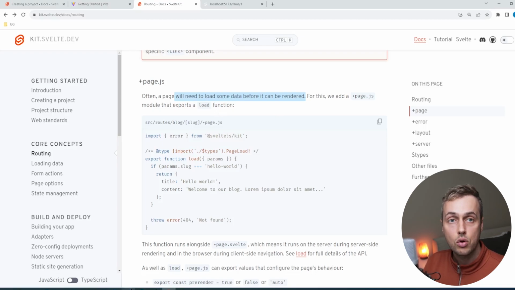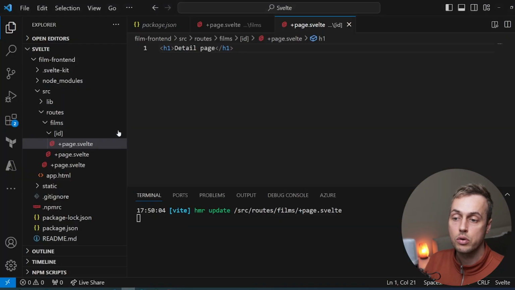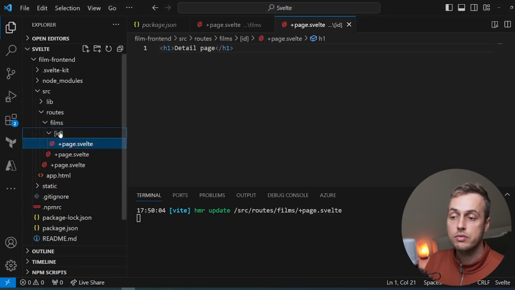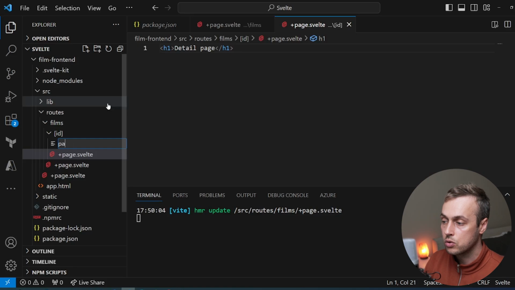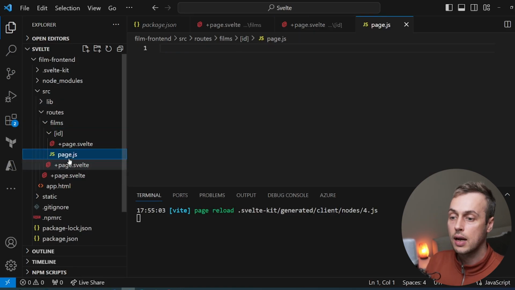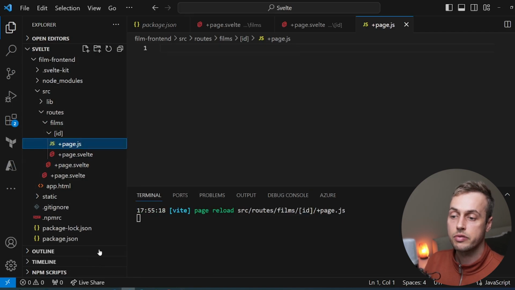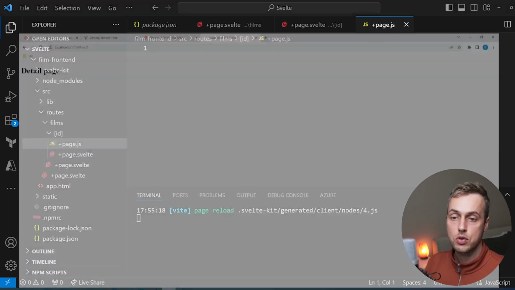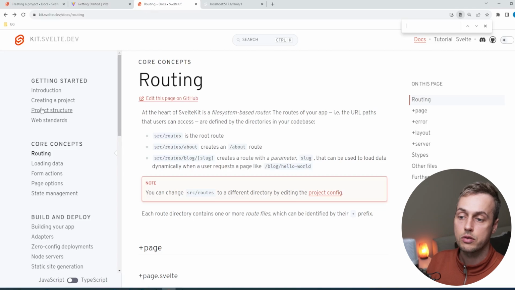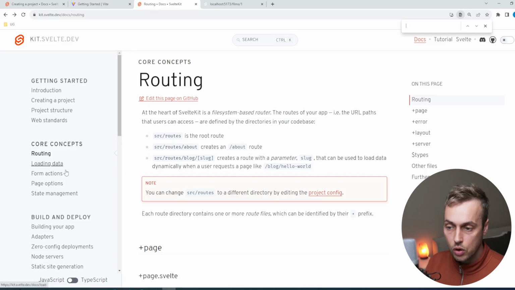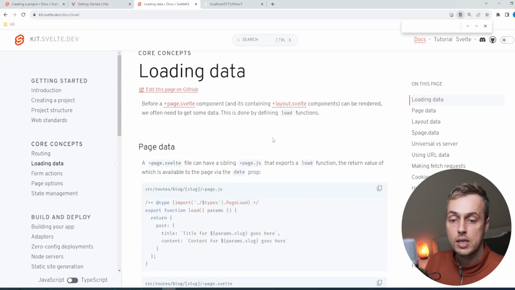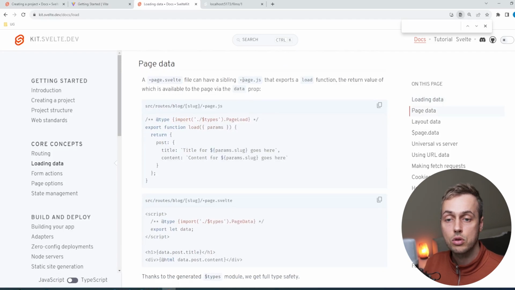And we're going to add that alongside the film detail route here. So within the ID folder, let's create a new file, and it's going to be called page.js. And actually I should have called this +page.js, so let's change the name of the file to that. Now I'm going to go back to Svelte's documentation just to get an understanding of what we need to put into this page. On the left hand side there is a tab here for loading data, and if we need to get data from the URL, for example, we can define some logic in this page.js file and export that